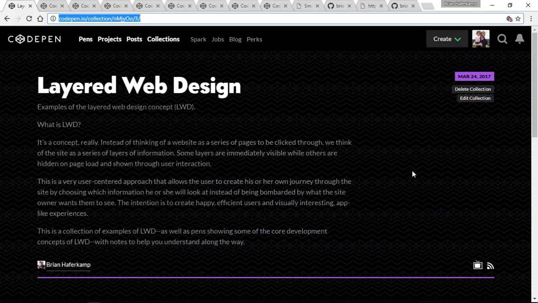So how can we bring those two things together? That was what led me to think about layered web design. So layered web design is an approach that says we're going to take the content of the one-page website, essentially building a one-page website,